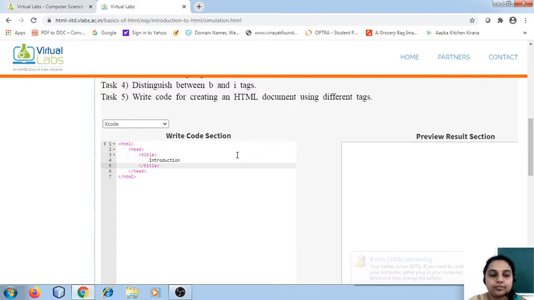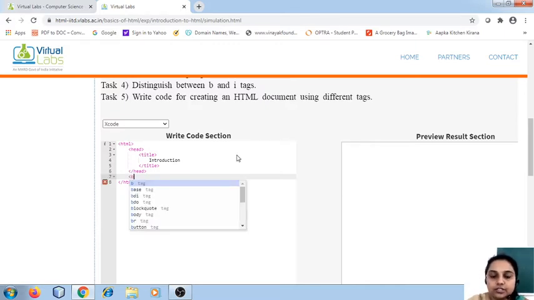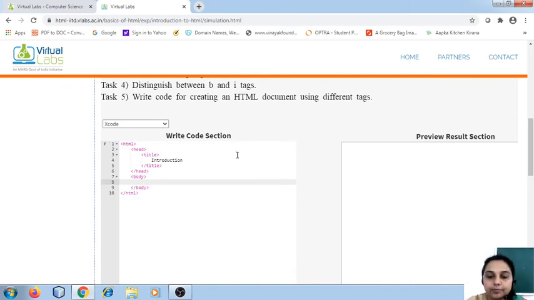Okay, after giving the title, the next thing I'm going to do is include the body tag. When I just type BO, it shows it to me. Okay, so first I'm going to use the different heading tags.